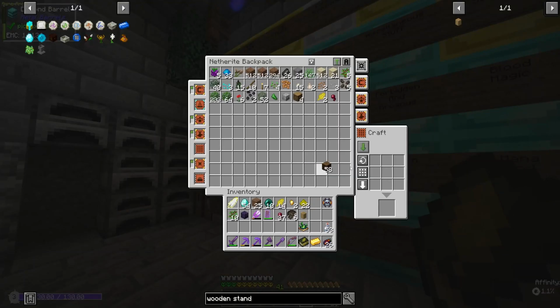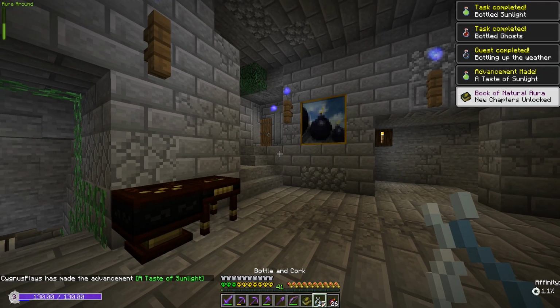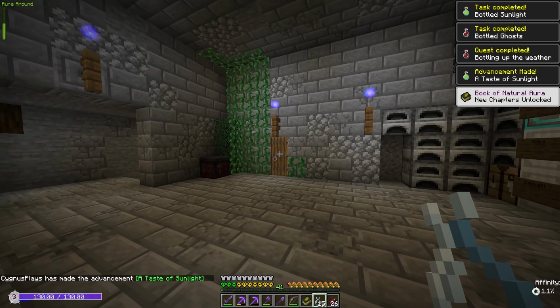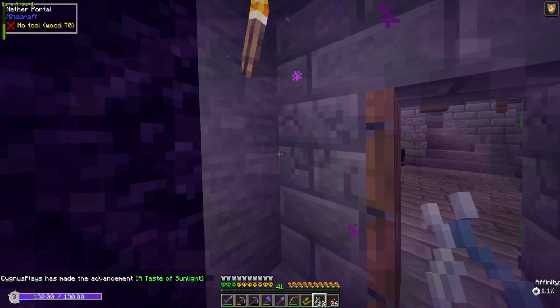Let's grab that. Let's make ourselves some wood, and let's make a bunch of bottles and corks. So we're going to need a few of these because we're going to need a lot of the resources that it's going to provide us. So the first thing we need to do is just right click while we're here. Just get some bottled sunlight. Get 3 of those. Then let's run into the nether and do the same, because we're going to bottle some